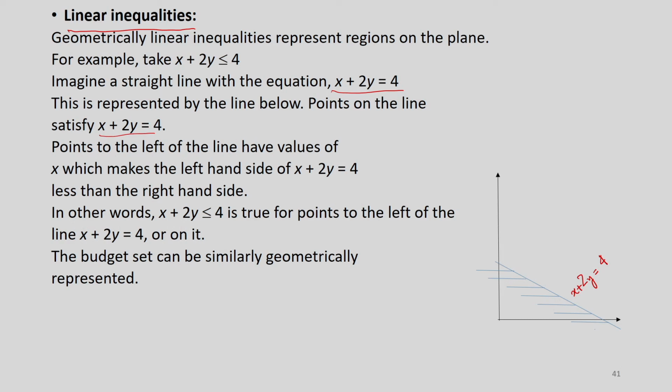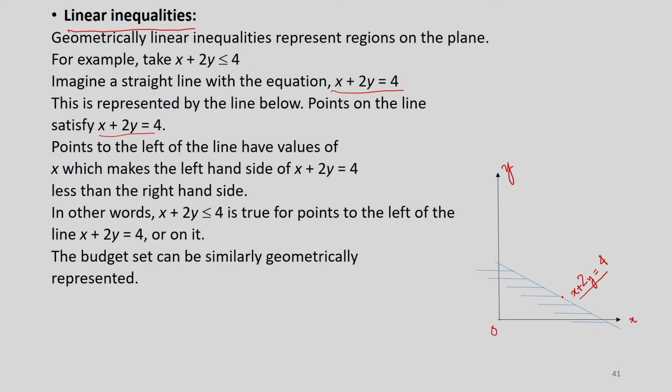Points to the left of the line have values of x which make the left hand side of x plus 2y less than the right hand side, which is 4. Okay, let us understand this. If you have a point on this line, then x plus 2y is equal to 4, which means you take the coordinates of this point and substitute them in the equation, and then the left hand side, that is x plus 2y, will be equal to the right hand side